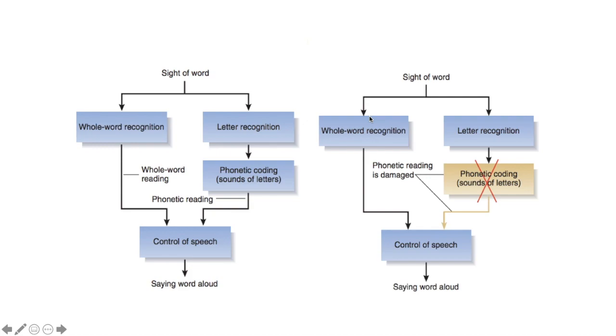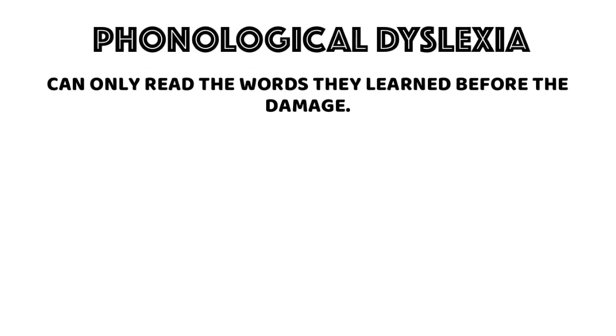For people with phonological dyslexia, they don't have the phonetic coding part of it working, so they can only recognize the words that they already know because they see the word and they recognize what it is. They're not able to sound it out. So another thing with phonological dyslexia is that they can only read the words that they learned before the brain